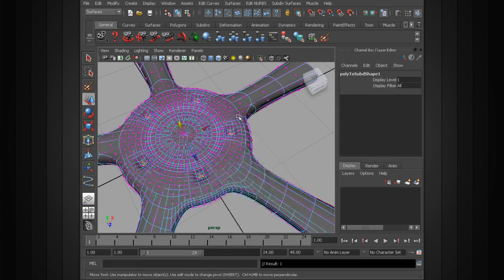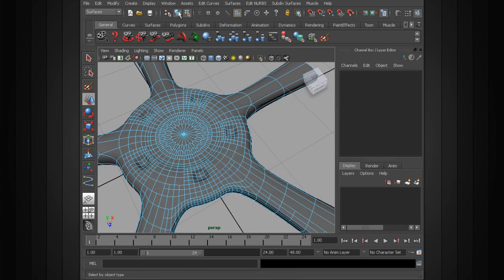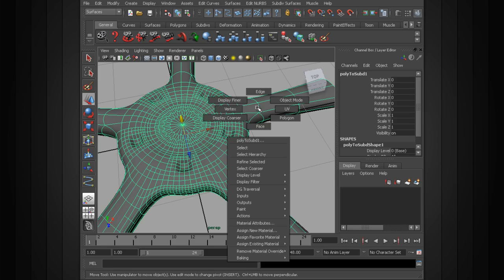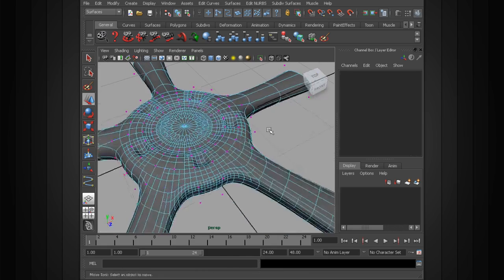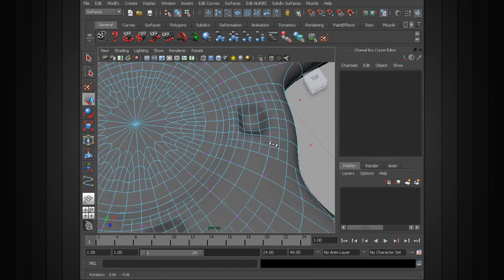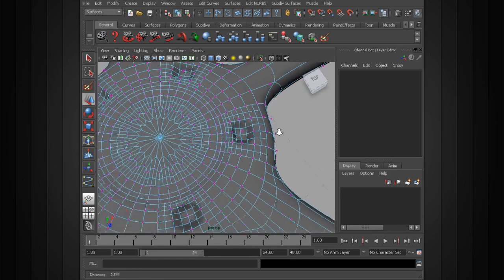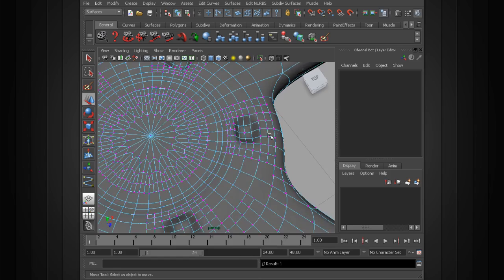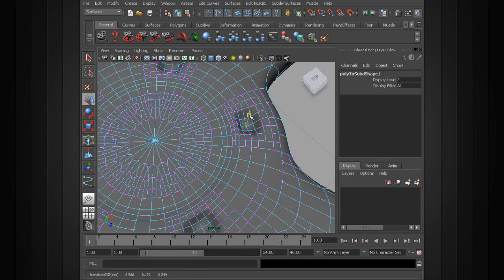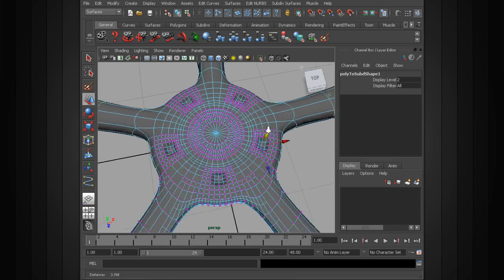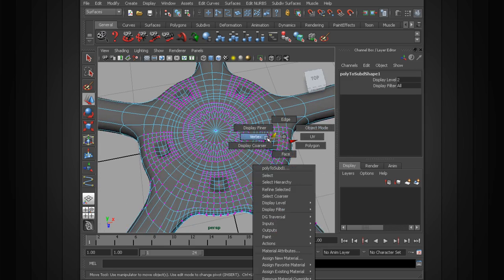So we can display cursor until we're up here at the base. Now you can see how that detail is still in there, but now if we go to our components, we don't have all of those components because we're here at the base level. If we want to display finer, then we can go ahead and start to access those points that we created there. Okay, so that subdivision hierarchy is something that you're going to just have to experiment with a little bit,